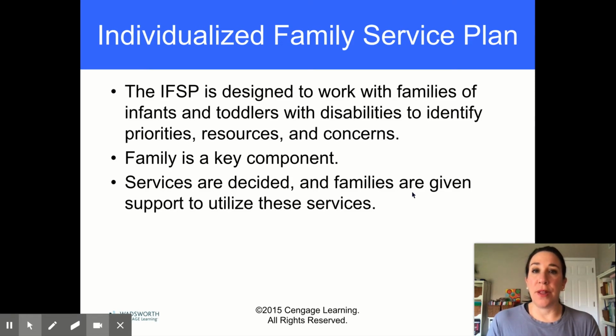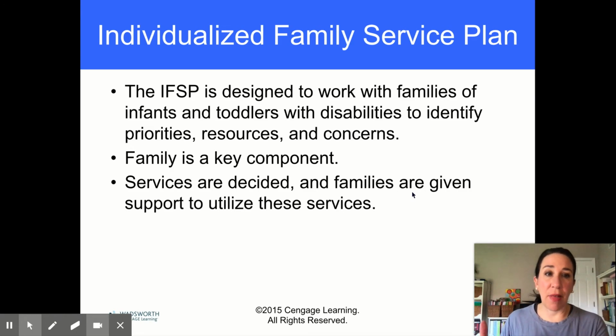Then you meet with service providers and the family. So you're the family. You're going to meet with the service providers to talk about what your priorities are. What are the most important things that you think this child needs to be working on, where you want to see development? It's not up to the service providers, it's up to you. You get to set those priorities, you, the family. So I'm going to post some videos of some IFSP